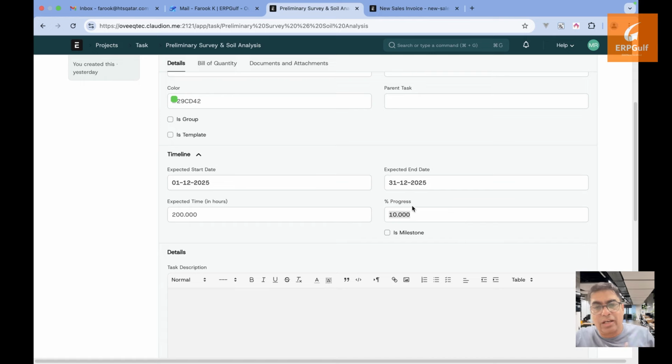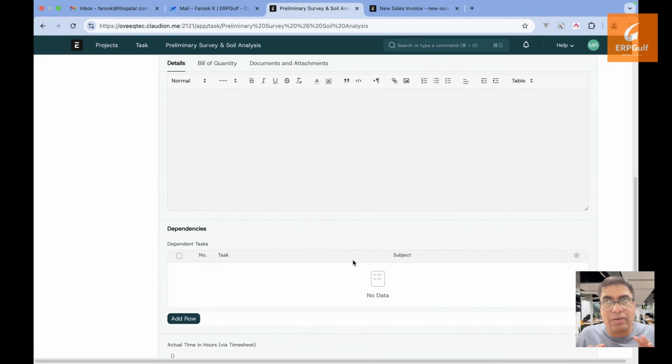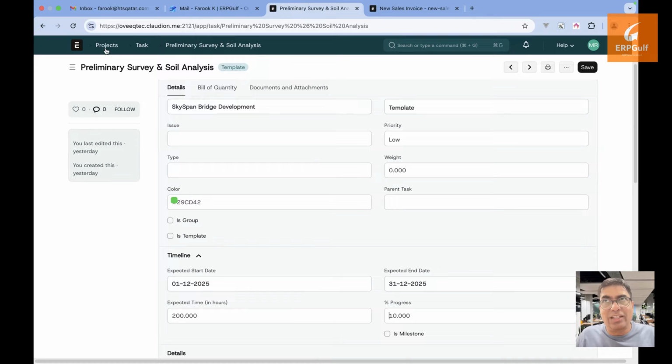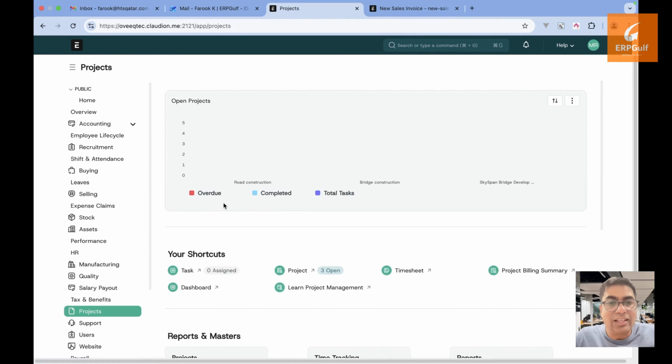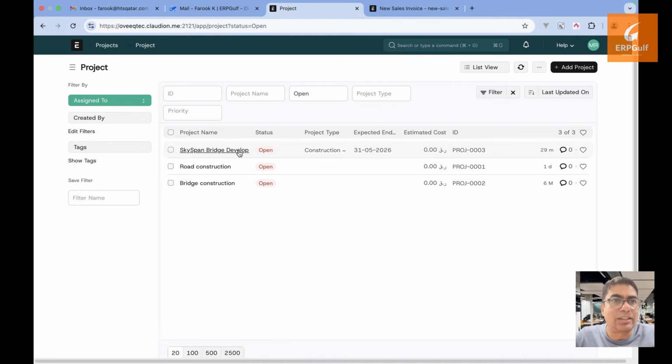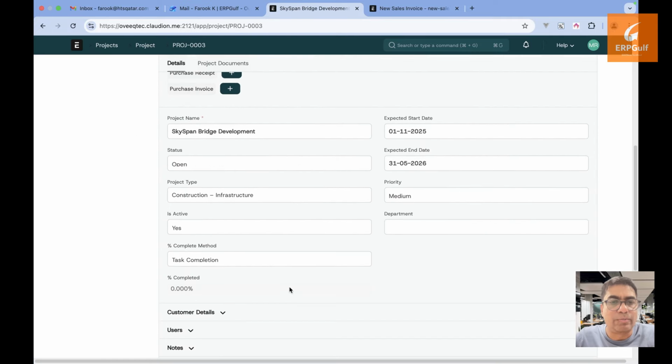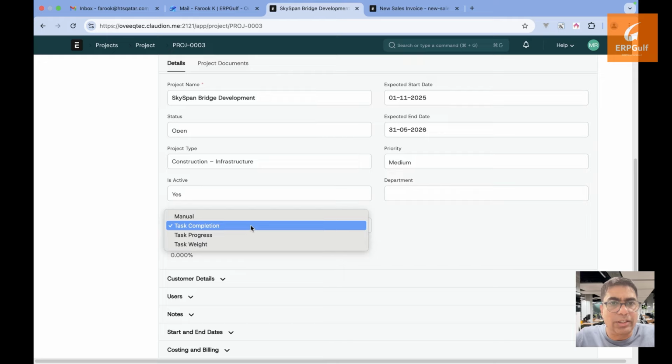The progress that you are defining here will be defined as part of the total project. Because when you say it's 50 here for survey, that means once the survey is finished, then 50% of the project is finished. And there is another option for that. I'll just come back to the project and show you, because on the project itself, there is something called